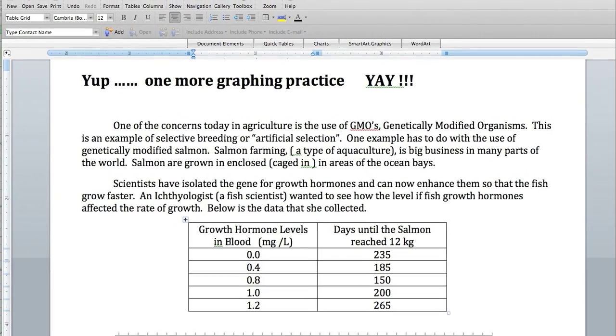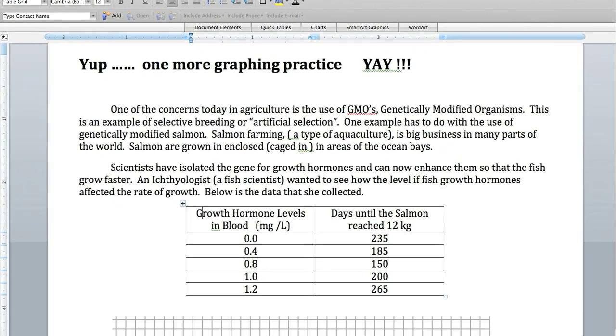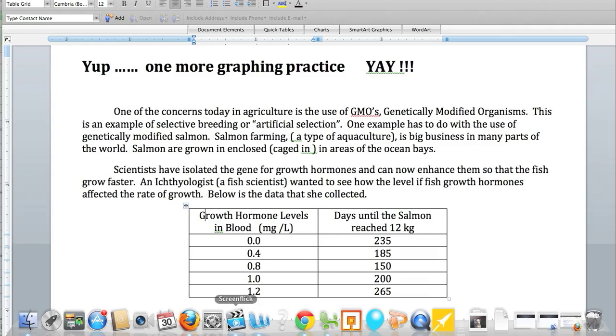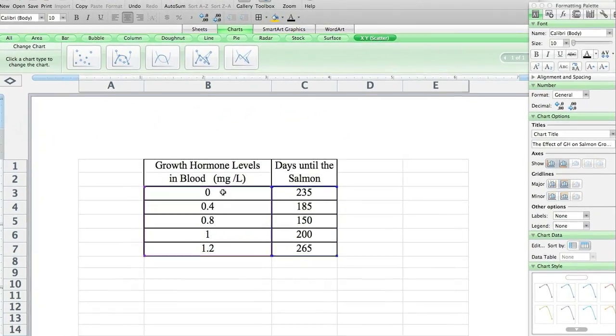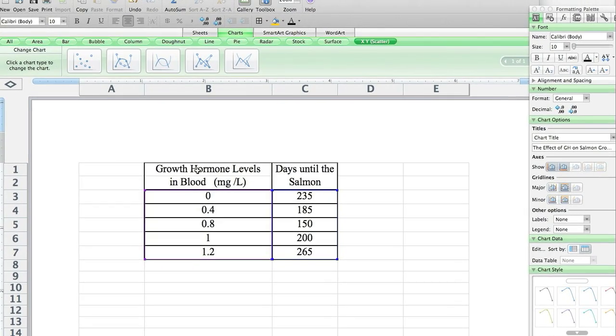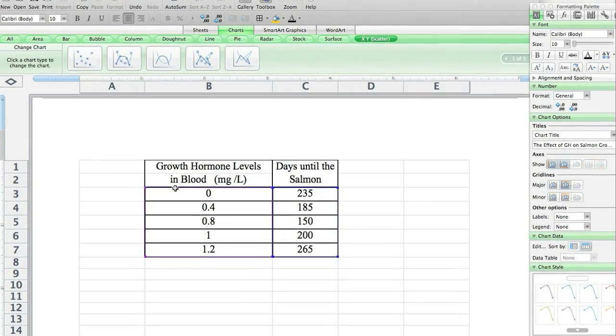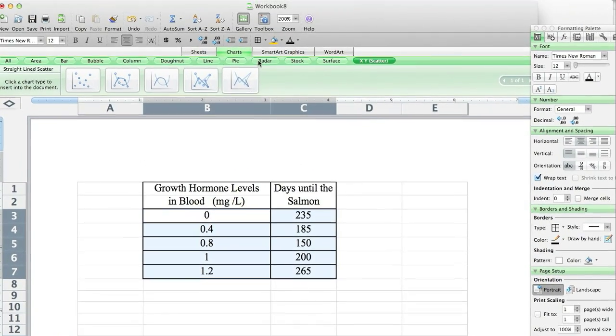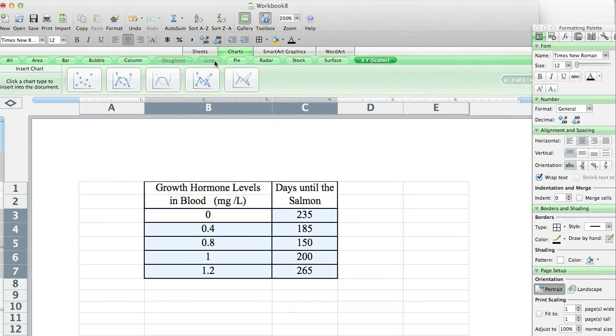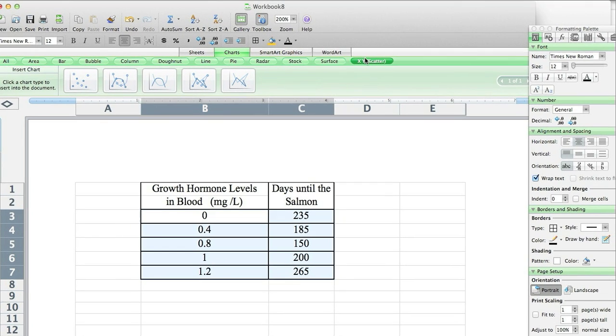So what I did is I copied this table and I put it into a spreadsheet. Not that one, a different one. And here's the information, the growth hormones, the same table. And so remember what you do is you highlight the area you want. In this case, I have the charts already open. We don't want pie. You'd think you want line, but actually you want the XY scatter. When I do that,